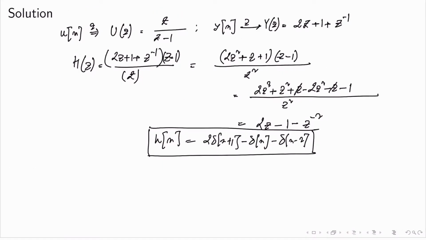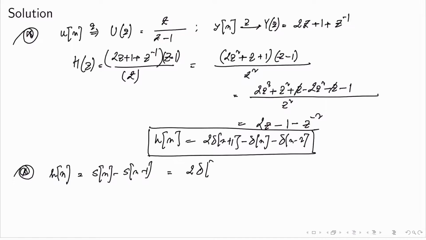And therefore h of n is equal to, so this is the first point. The second point is h of n is equal to s of n minus s of n minus 1, right? And s of n is 2 delta of n plus 1 plus delta of n plus delta of n minus 1